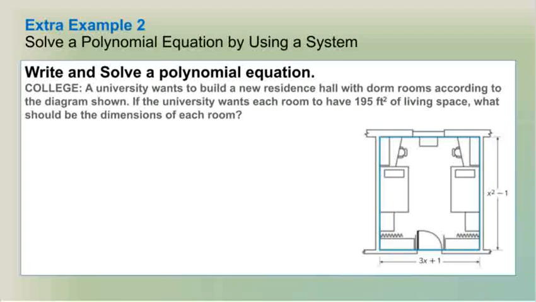And our last question. The university wants to build a new residence hall with dorm rooms according to the diagram shown. If the university wants each room to have 195 square feet of living space, what should the dimensions of each room be? So here you have one room. You need to find the area. So this would be x squared minus 1, and we have to multiply that by 3x plus 1, and this has to give us 195